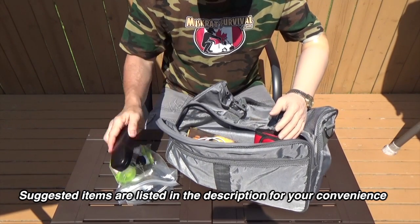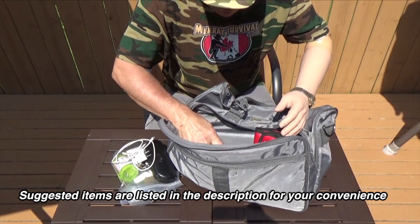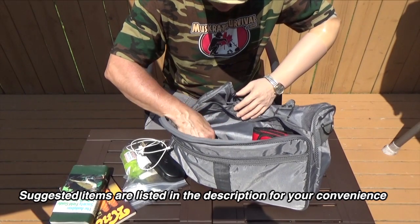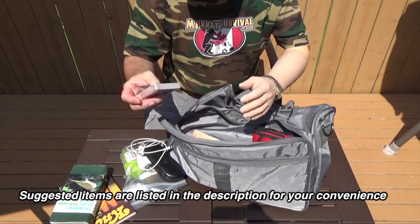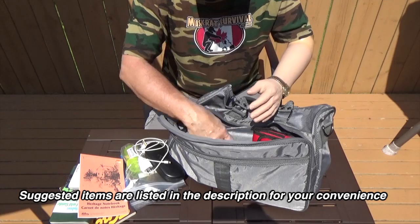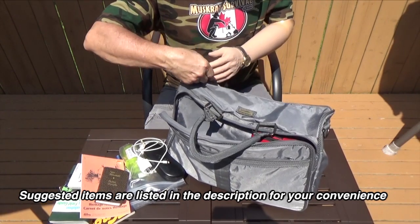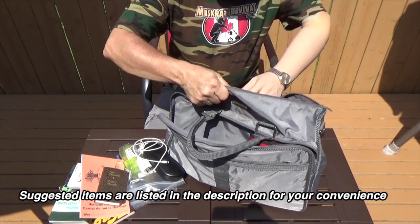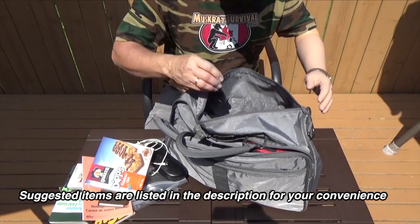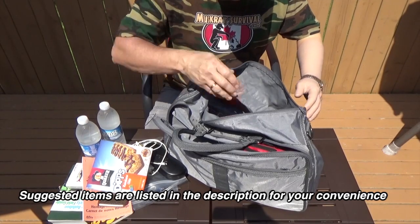reading glasses, cell phone charger, some reading material, deck of cards to pass the time, notepad and pen, more reading material, and in this larger main pouch I've got snacks for the trip that I picked up at the last moment, some water,